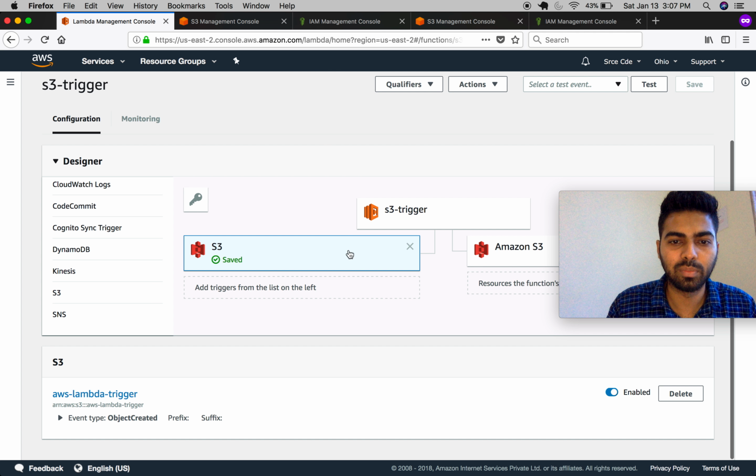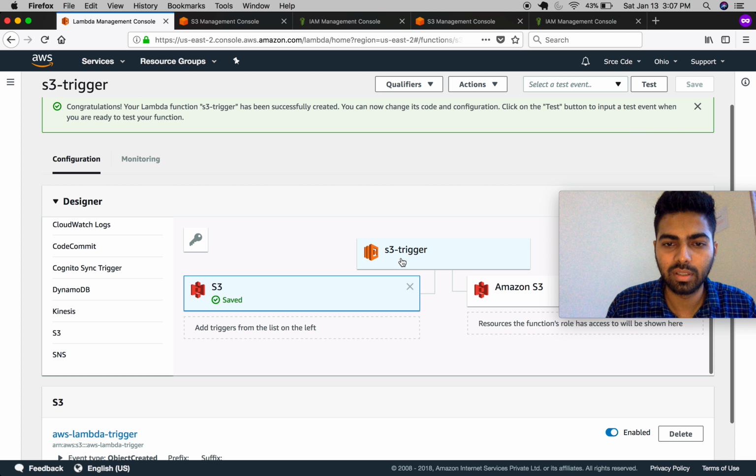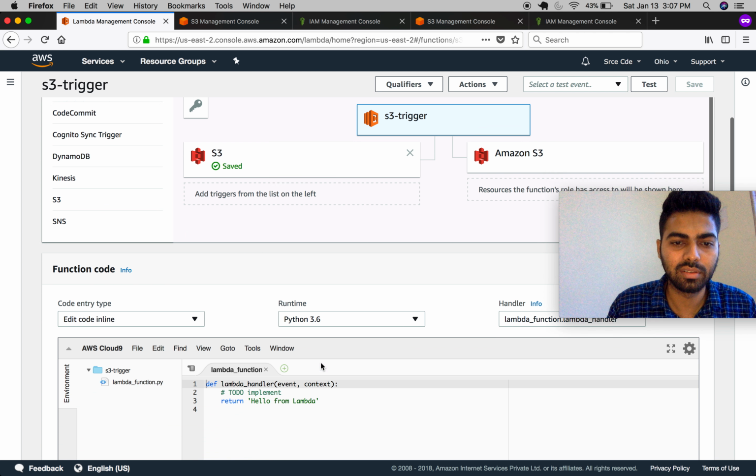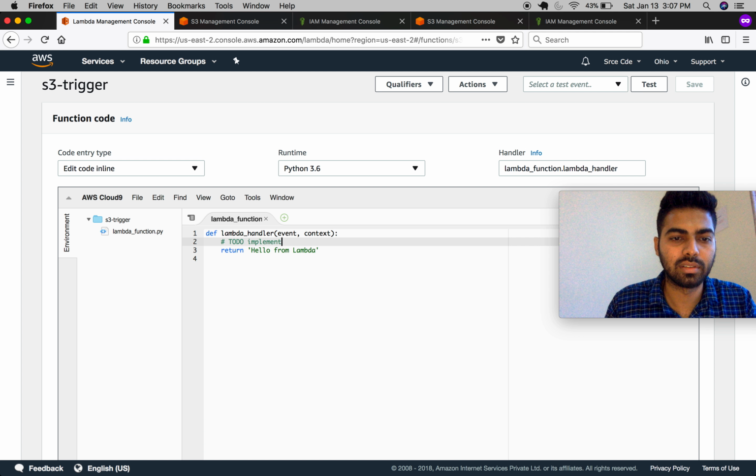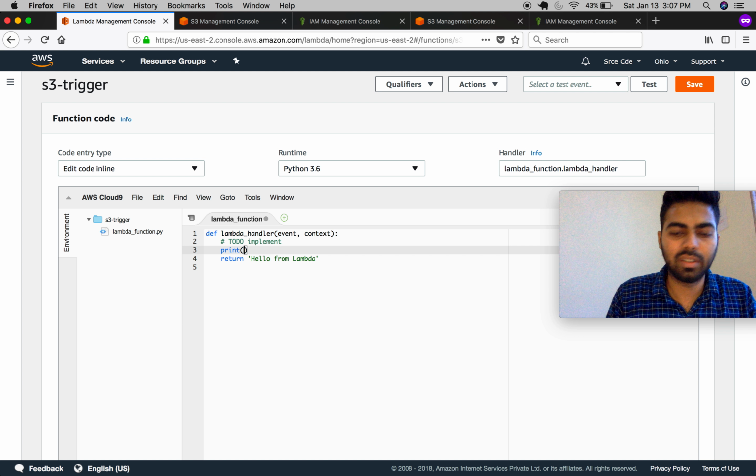Now let's modify the code. Click on S3-trigger and let's write a print statement, that is "I am being triggered". Click on save again.